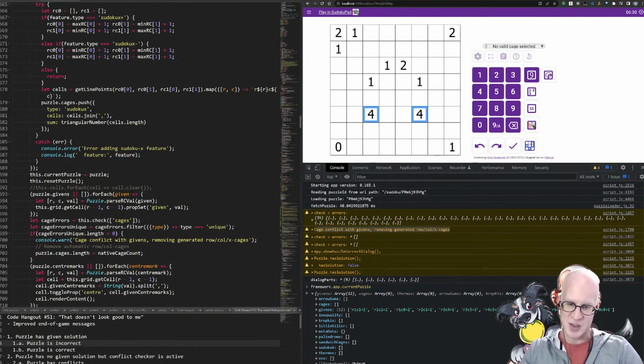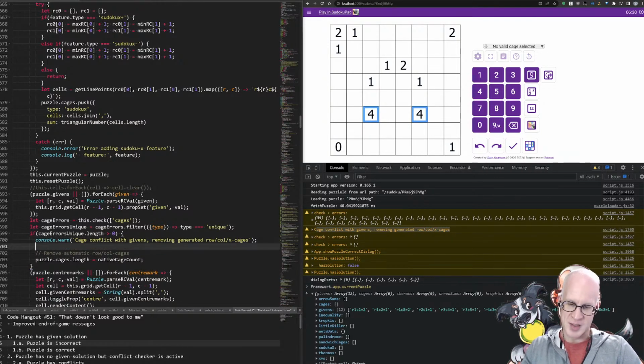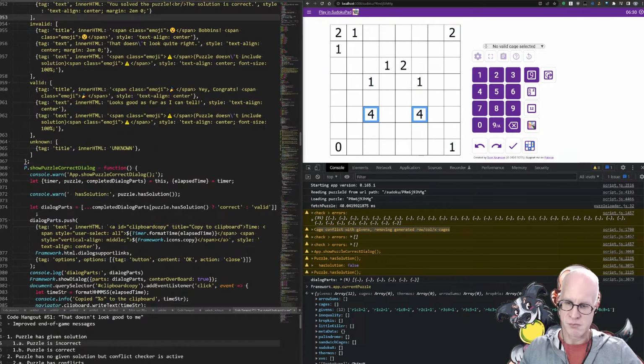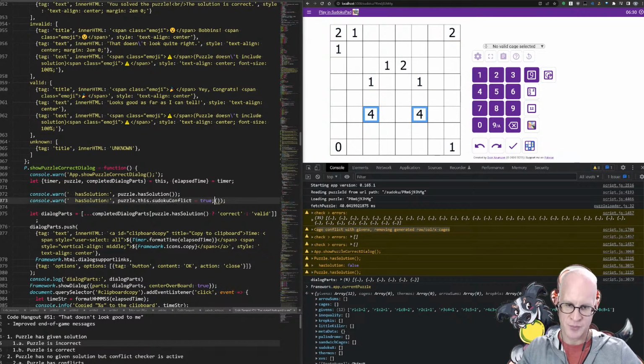So I'm just trying to think. There's this one check here, and I could remember that setting and set a flag, this dot... what shall we call it? So if we do something like that, right, then I could say something like this.